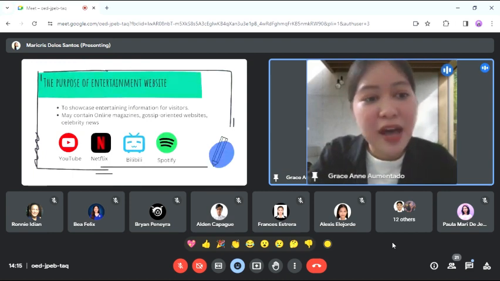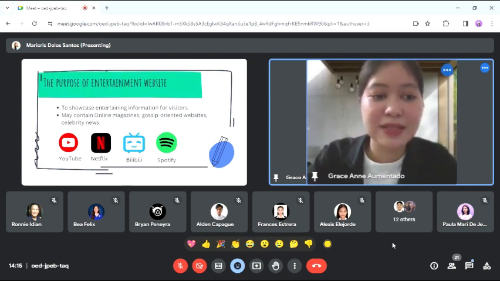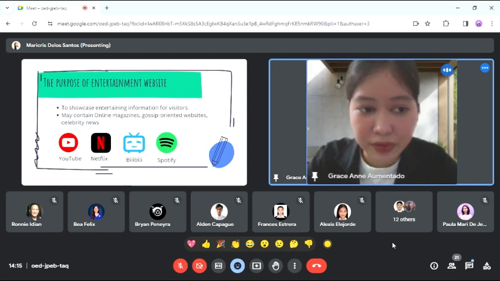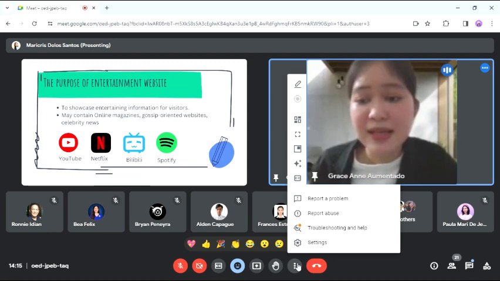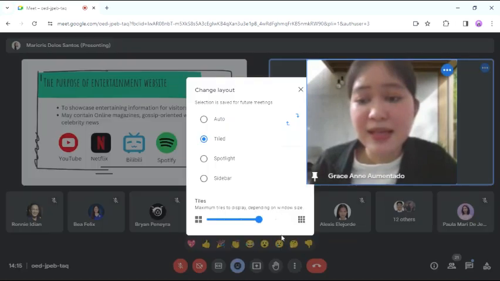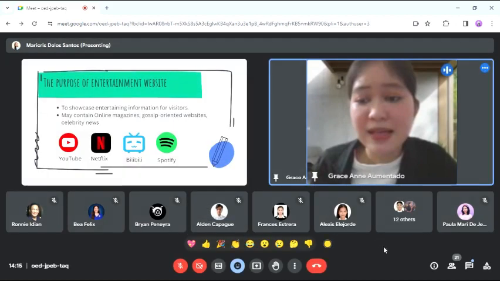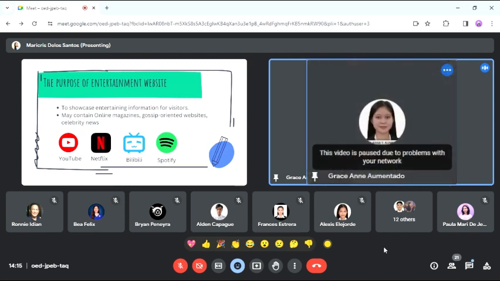And we have the purpose of an entertainment website. The purpose of an entertainment website is to showcase entertaining information for visitors. It may contain online magazines, gossip-oriented websites, celebrity news. So entertainment websites are made engaging because the intention of the creator is to poke the curiosity of the target audience, and they must also be updated as frequently as possible to keep them all coming